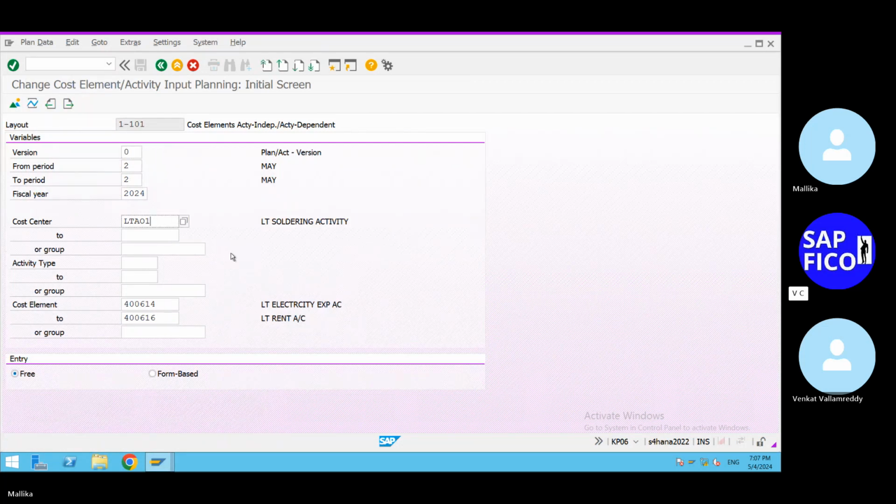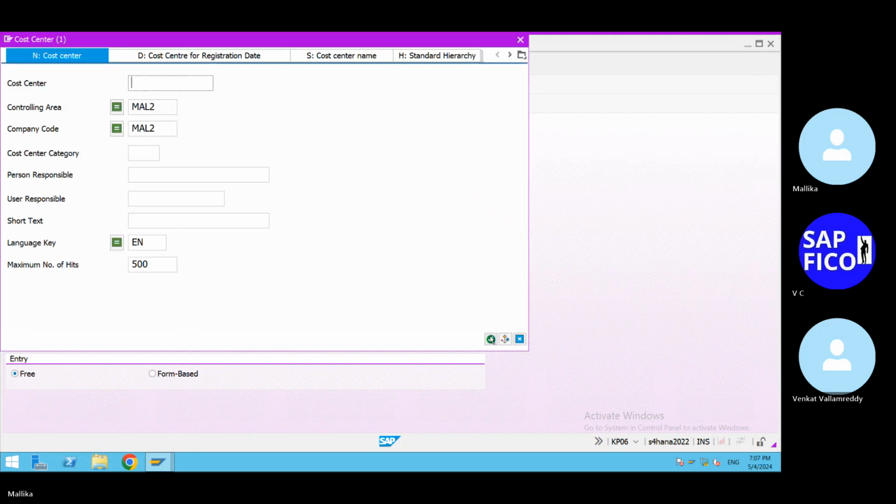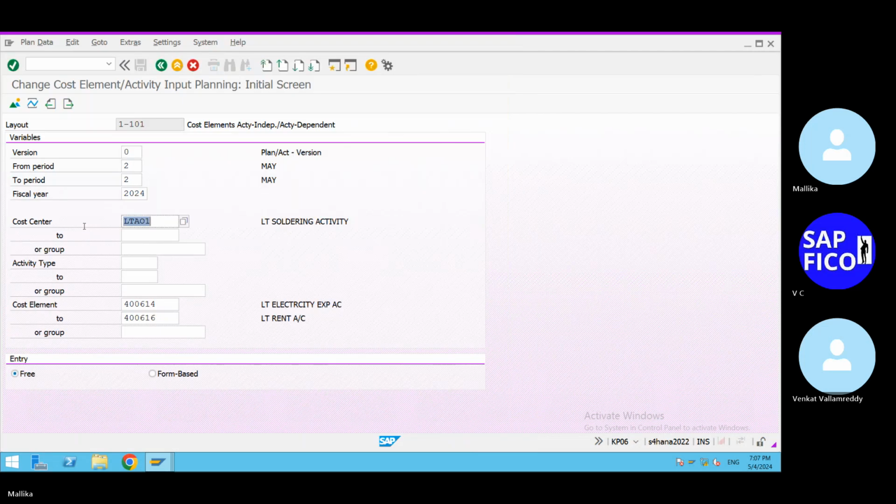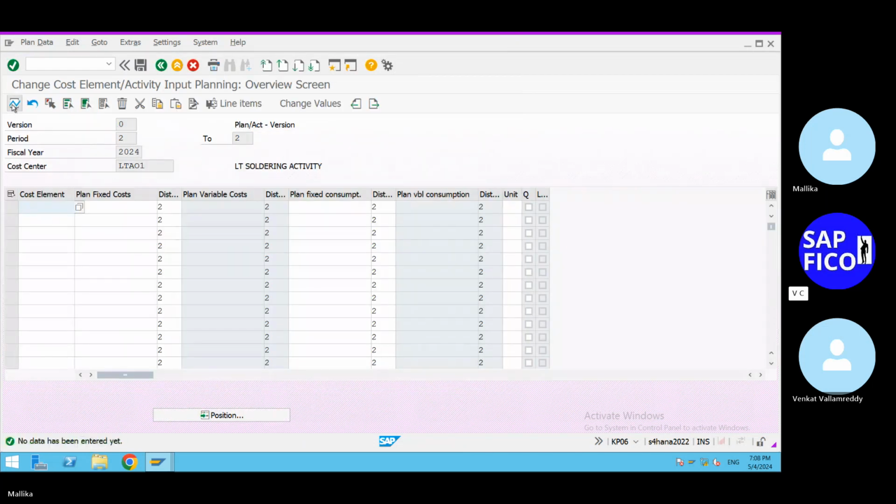Now remove the cost center and just give LTA01, not 01. Go to the drop down option. Continue. Take out this last one. Yeah. Go to the overview screen. Now it is taking. Why? Because